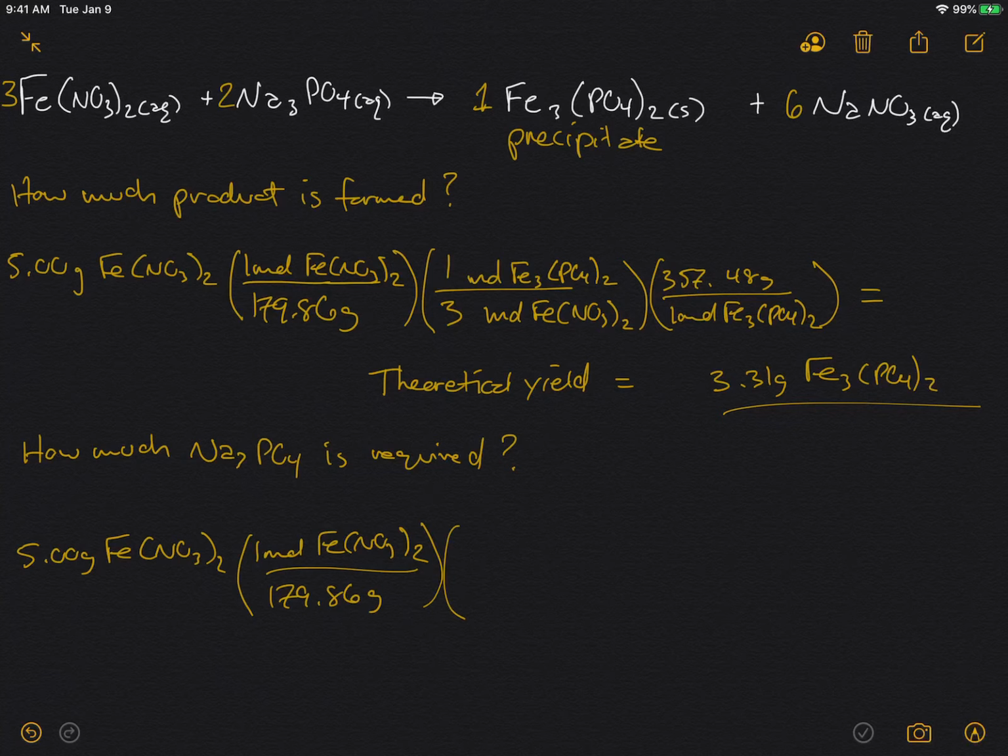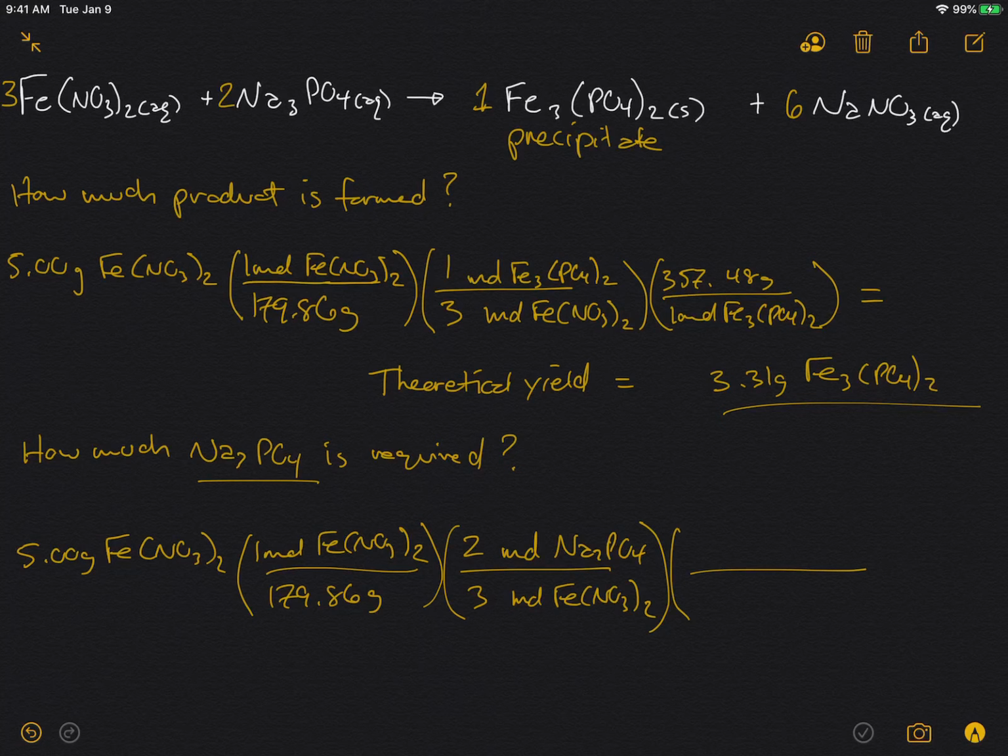And now the second step, the key step here, is the mole-to-mole ratio. We want to cancel out moles of iron nitrate, but this time we want to end up in moles of sodium phosphate. We want to find out how much sodium phosphate is required to react with that much iron nitrate. So we want to end up in moles of sodium phosphate. And we looked at the balanced equation. We have a 3 in front of iron nitrate, and we have a 2 in front of sodium phosphate this time. And so now we're in units of moles of sodium phosphate,